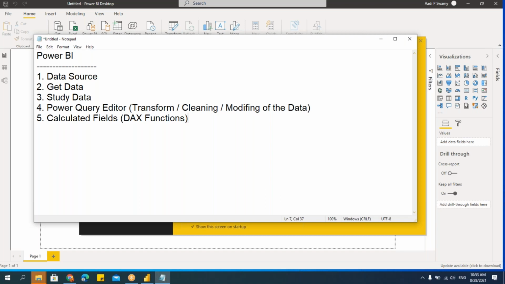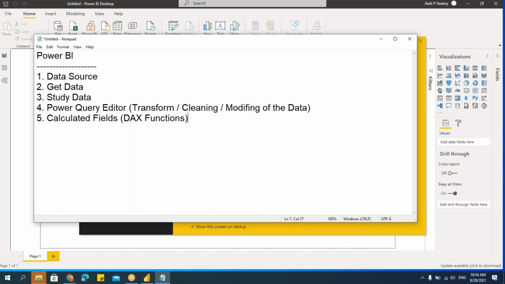If you want to create reports on the fly, that means dynamic reports, then some calculations should happen within the tool only. If I do the calculation before importing, that is static, because the data is already calculated and I'm getting results based on the calculated fields. What if I want to get the results depending on the columns I have inside? That is, the calculations of the values have to change dynamically. Then these functions are very important. DAX plays a very important role in making your projects dynamic.